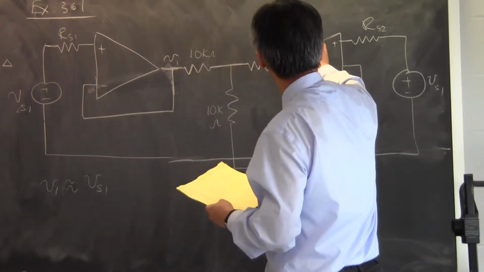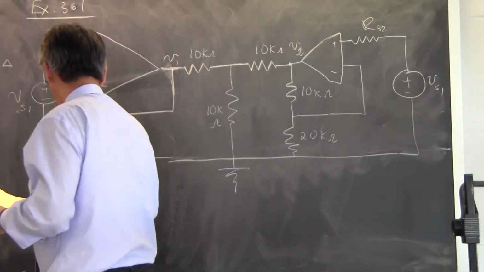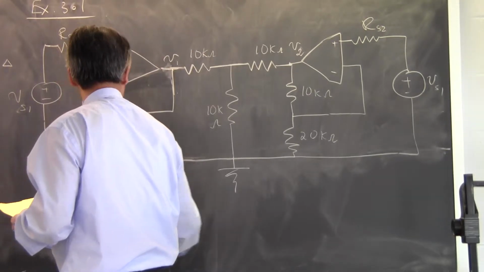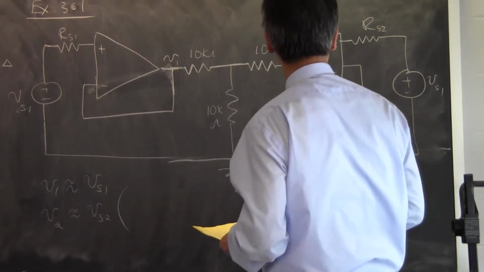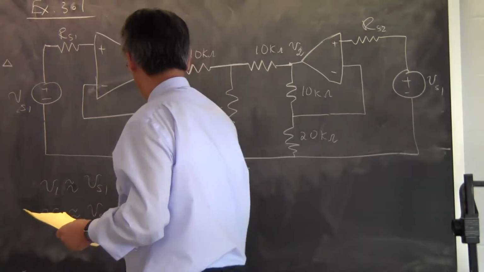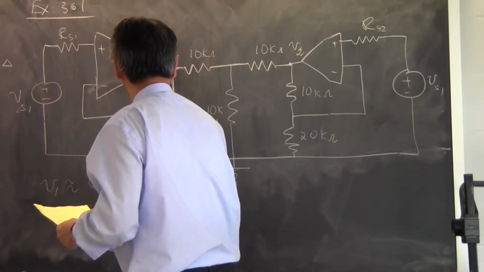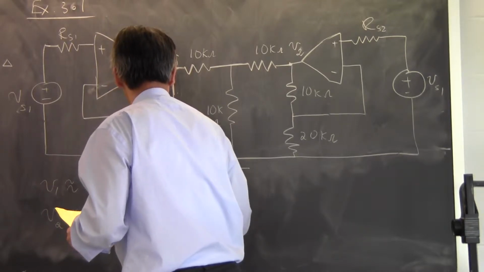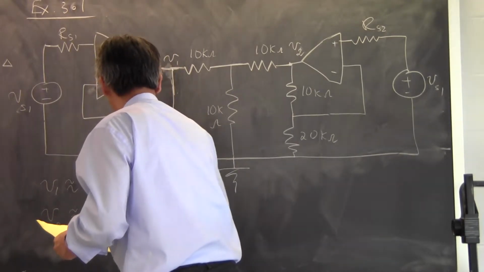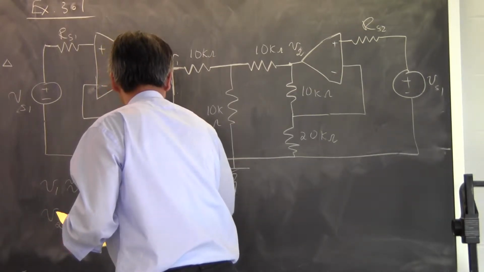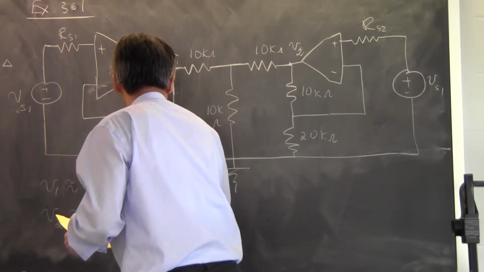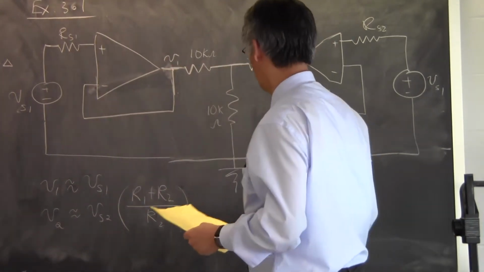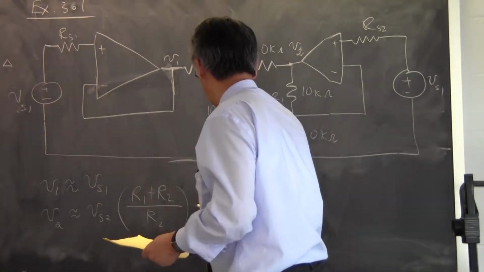V2. This is V2. Sorry. V2 must be equal to Vs2 times this voltage divider formula, which is R2 over R1 plus R2 kind of thing. Okay, this means R1, this means R2. So this is V2 and it's Vs2